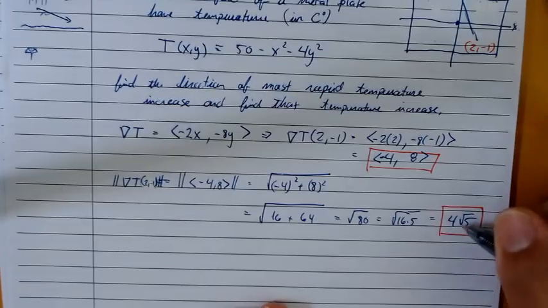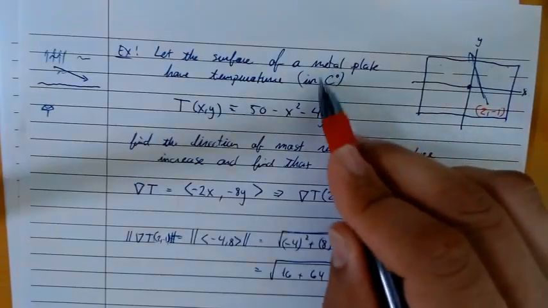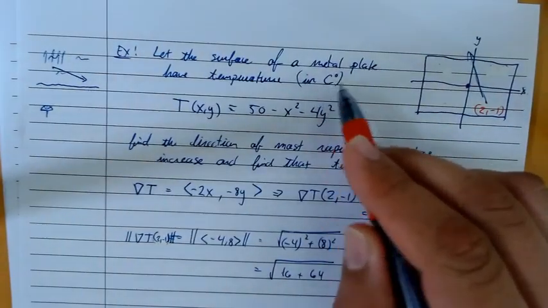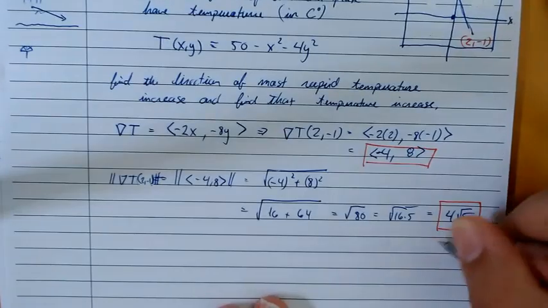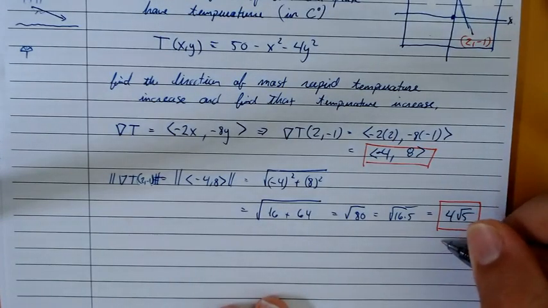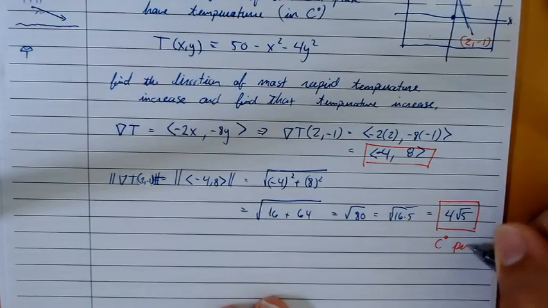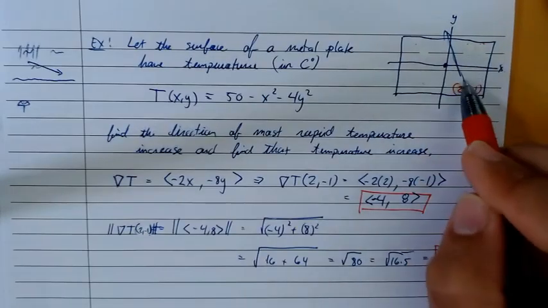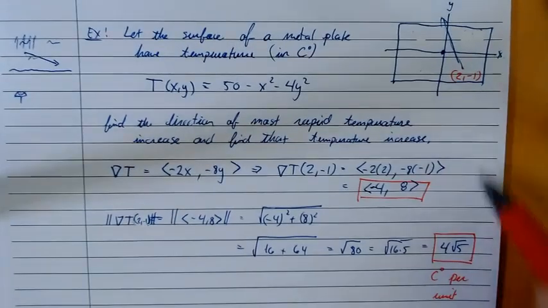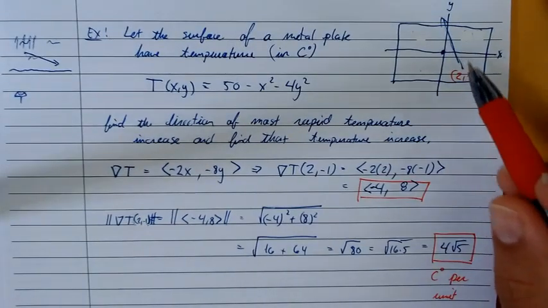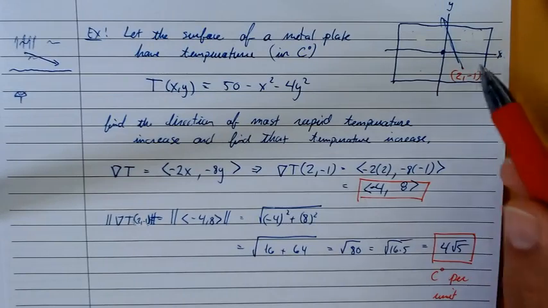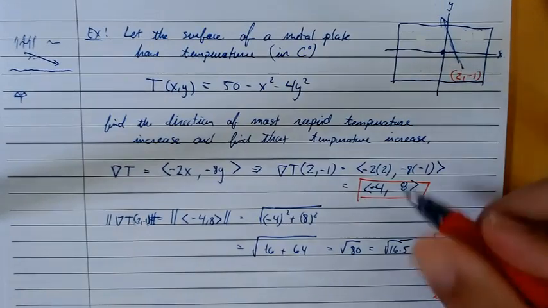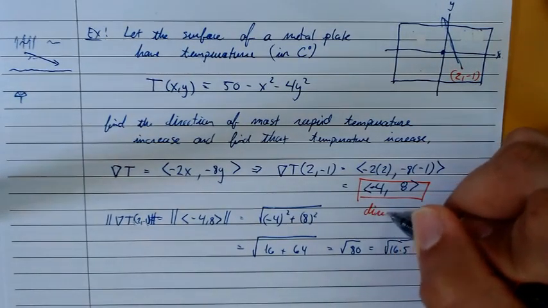That would be 4 root 5. Here our unit is in centimeters, and the quantity is in degrees Celsius. So this would be 4 root 5 degrees Celsius per unit. If this is in inches, then it would be that many degrees per inch I move. Or if it's in centimeters, it would be per centimeter moved. Right? And this right here is the direction